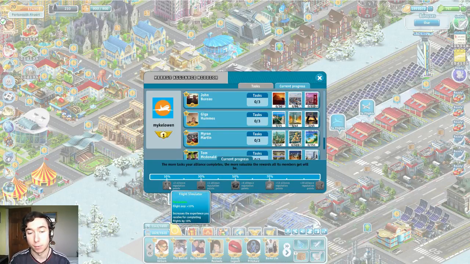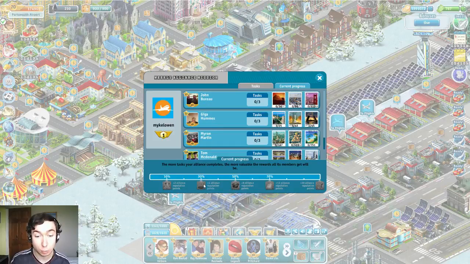So, for instance, if we reach 10%, we would get the flight simulator bonus, which increases flight experience by 10% on all our flights. It doesn't actually say how long that lasts for, and it keeps on working up here where flight experience plus 30 and general experience,